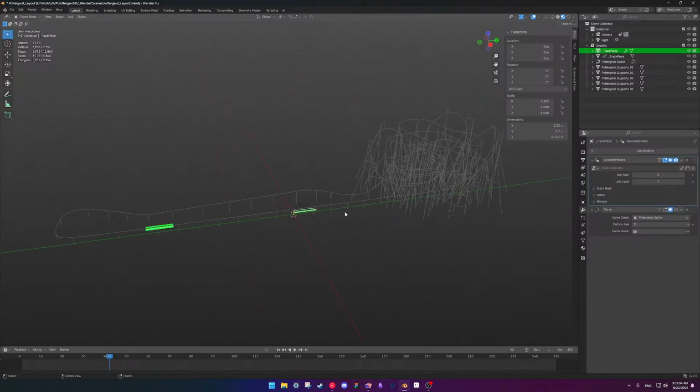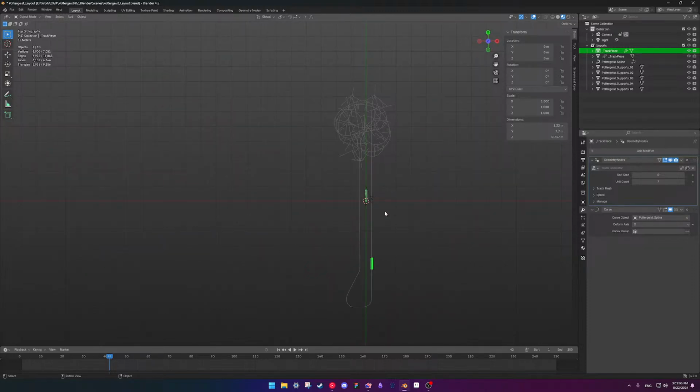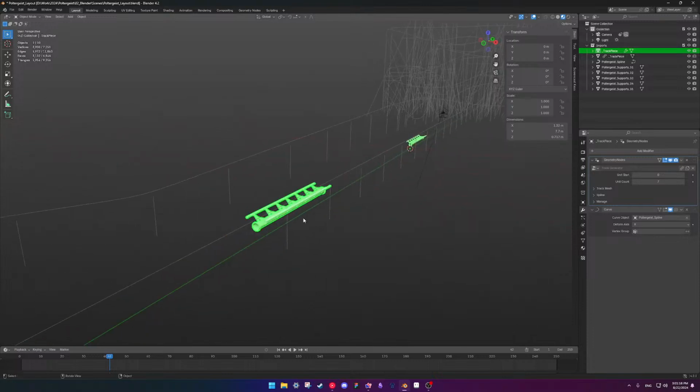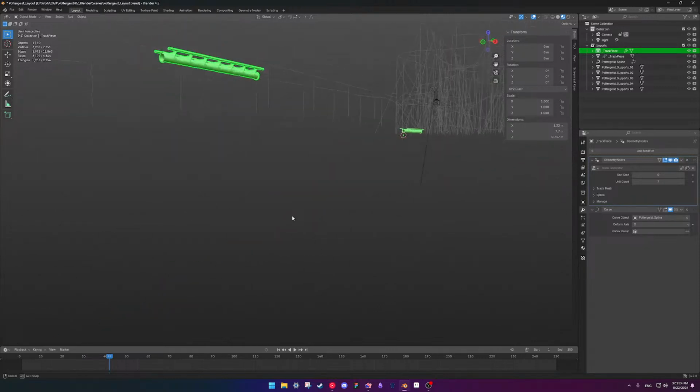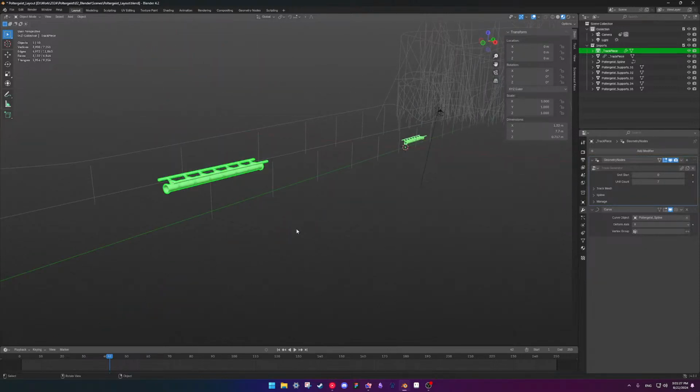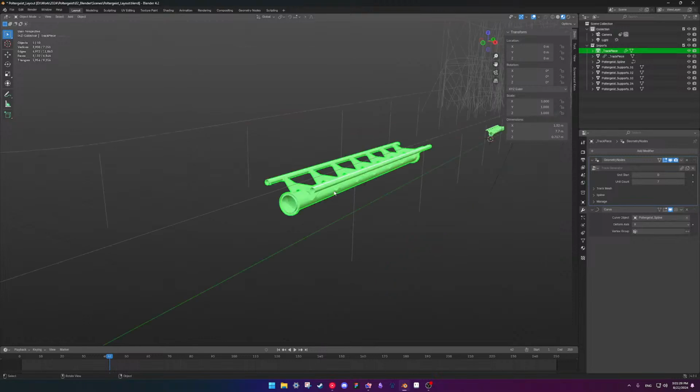What I'm gonna do here is actually maybe I'll save that for later. But yeah, gonna work on some more geometry nodes to make it so I can do this also with